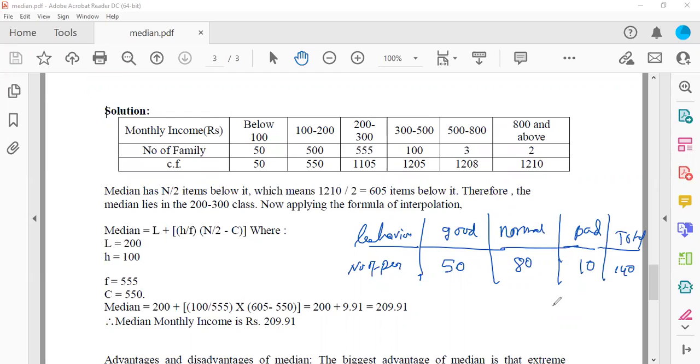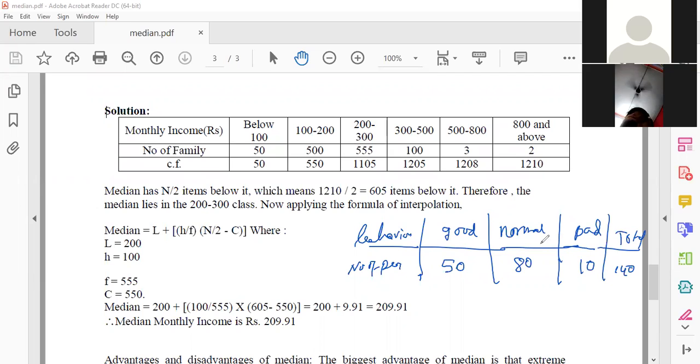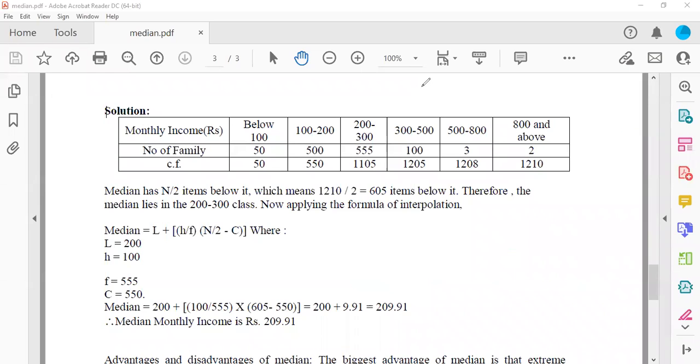The arithmetic mean is not possible in this case because the variable is qualitative, right? The values of the variable are good, bad, normal, etc. They are not quantitative, like 1, 2, 3, 4 or other integers or fractions. So in this case the value is qualitative. So only the median makes it possible to find the average characteristic of the behavior, whether it is good, bad, or normal.